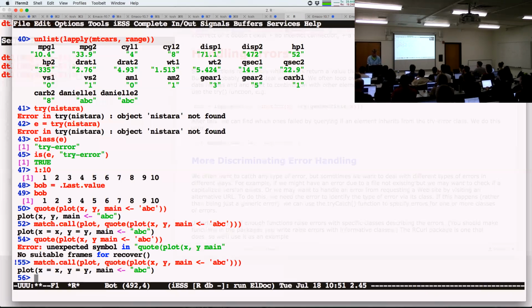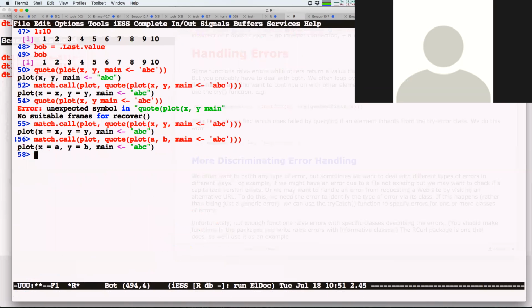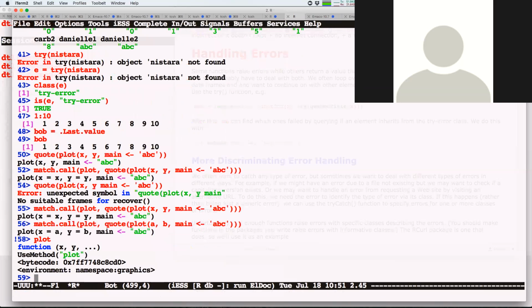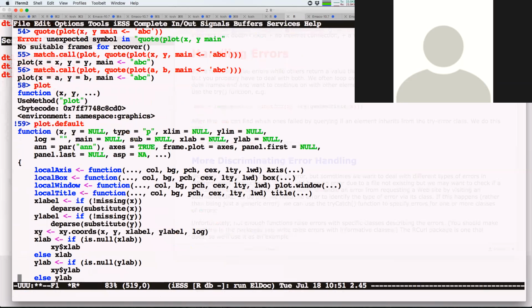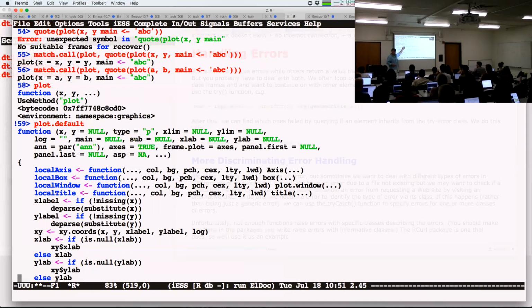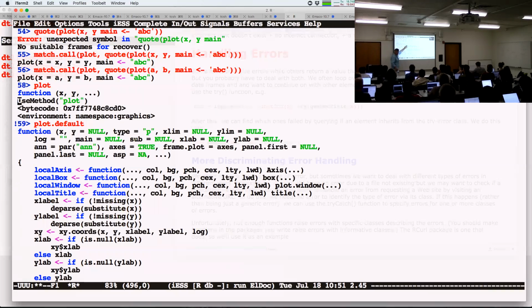But again, if I want to, I could just put in A and B. We get the match. The problem with this is that's the definition of plot, which is extremely boring. But if I take a look at something like plot.default, this has way more arguments. If I know that's what's going to end up getting called, then my third argument would come in as type instead of main, so it would be in the wrong place. And remember, you can't tell from here, but plot.default will pick up the dots and pass them straight through.